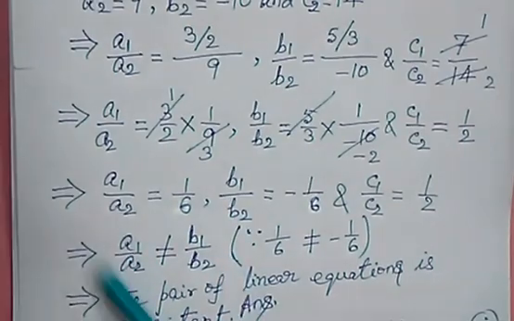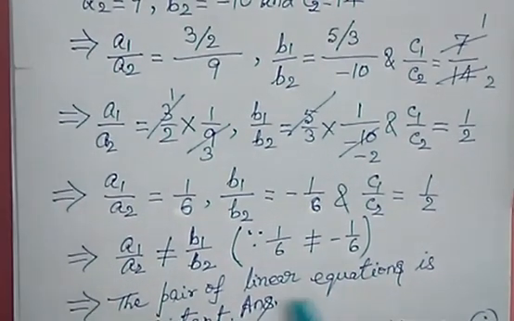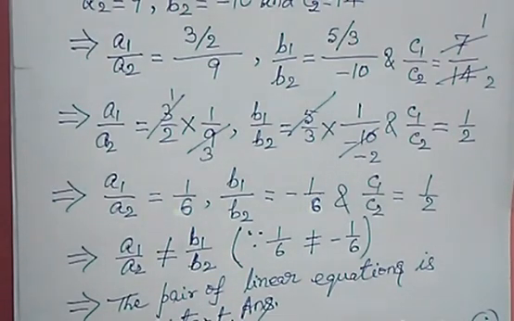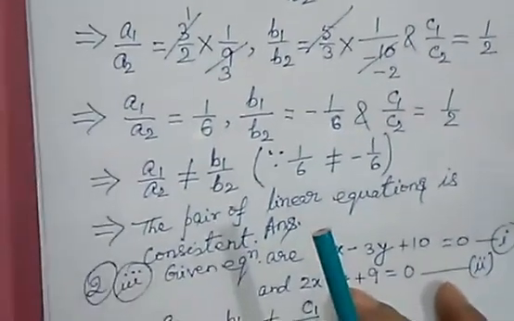So this condition implies that the pair of linear equations is consistent, because last day I explained when it is consistent and when it is inconsistent. Everything has been explained. So if you have any doubt or confusion, go again to the synopsis or the introduction of the chapter and see the rules and the new terms. You will get it clarified. So coming to the next sum.